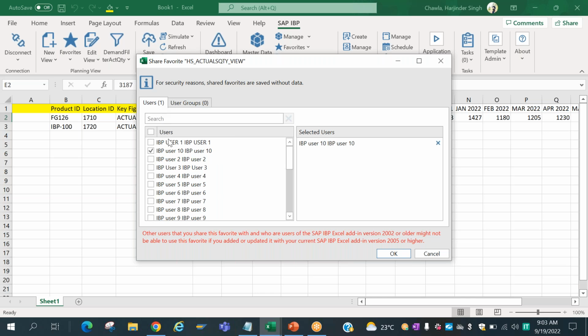So can we share outside of the group, like a non-corporate ID or Gmail or some other ID? No. Okay. The email should be configured along with the user, right? Yeah, because that makes sense also, right? You will share it with the people who have access to IBP, who are the authorized users of IBP, who are in your project.